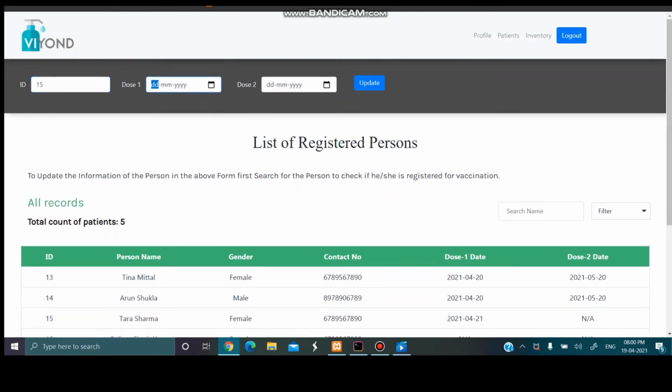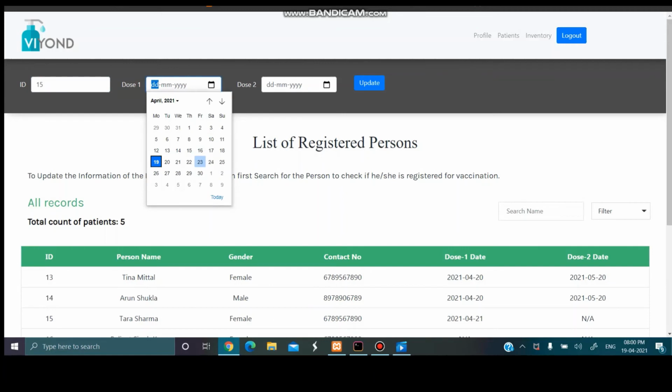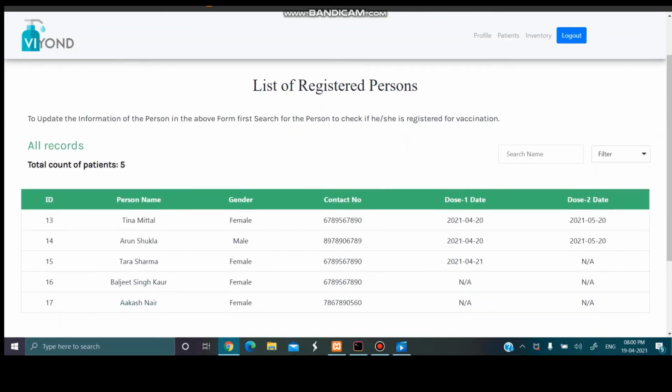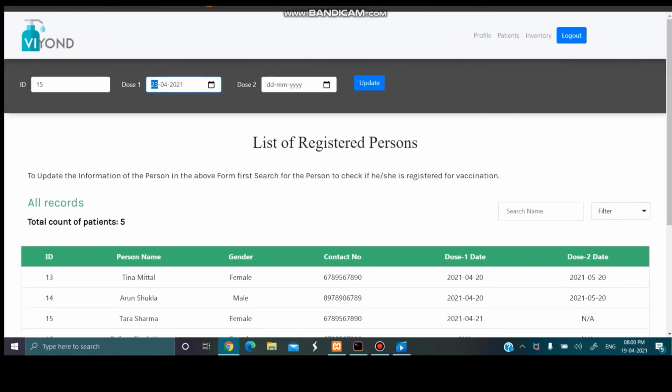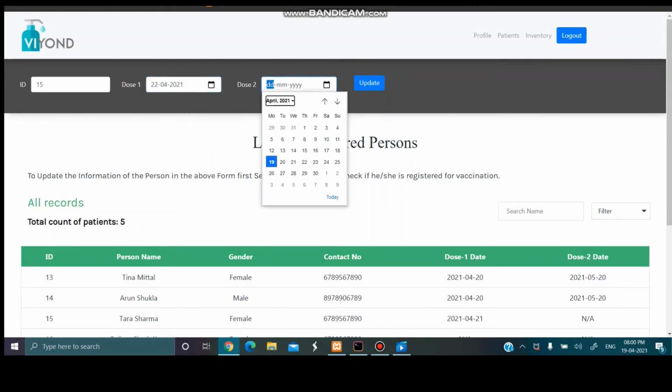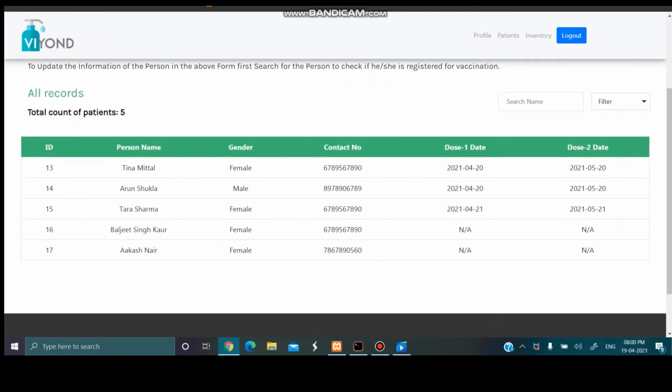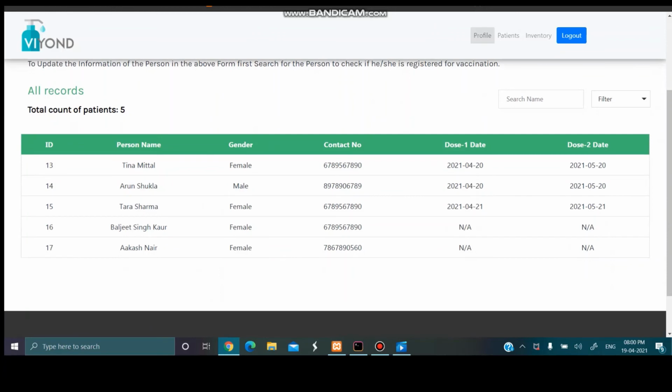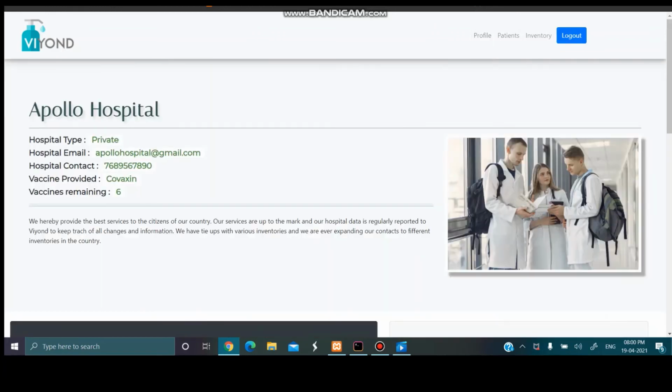Let's provide it in a date. Let's see, dose 2 in May. An update. Okay, so the date is updated, and now my total count of vaccine should be 8. Let's see. No, sorry, 6, because initially it was 7.